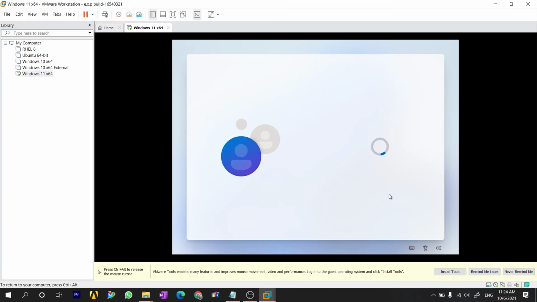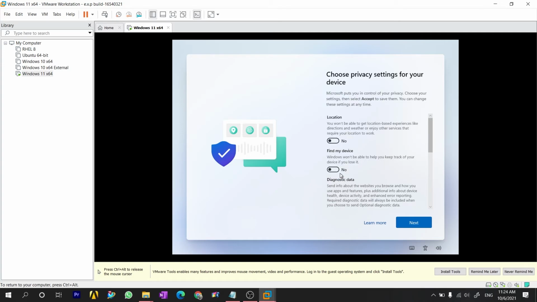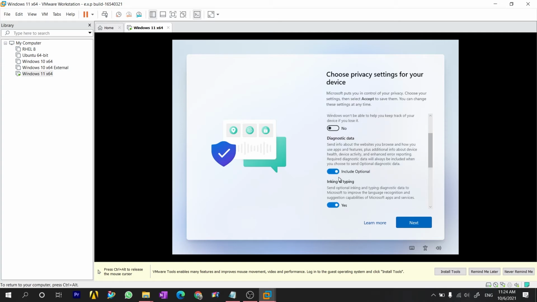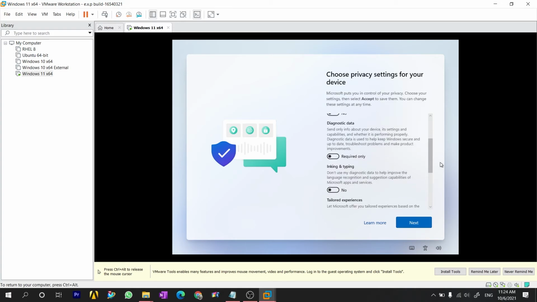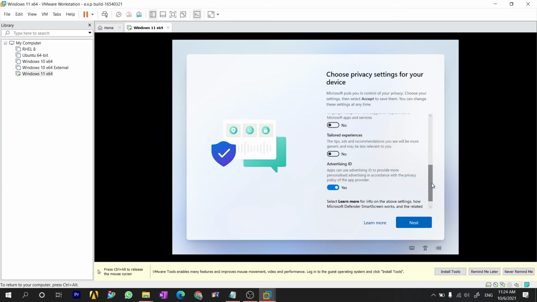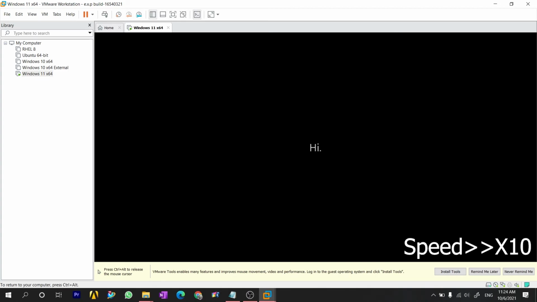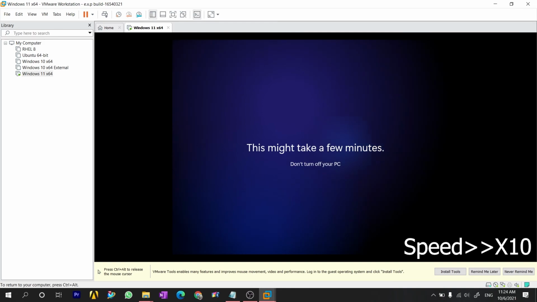A couple of more setup processes and this is done. So as you can see on the screen, this would take a few minutes.